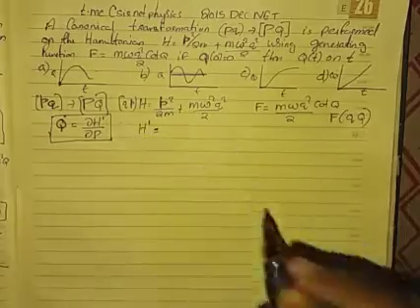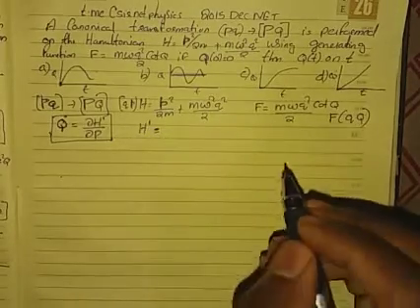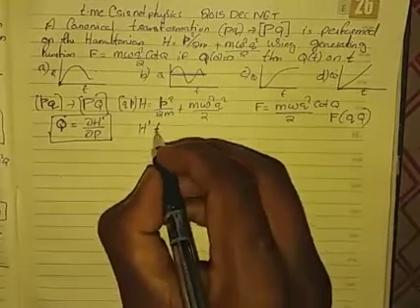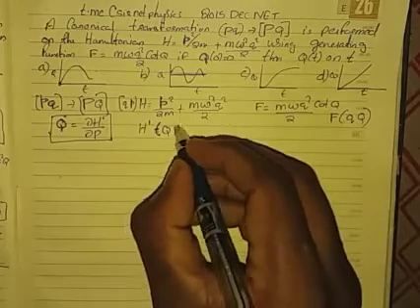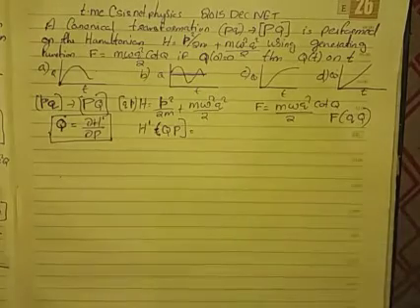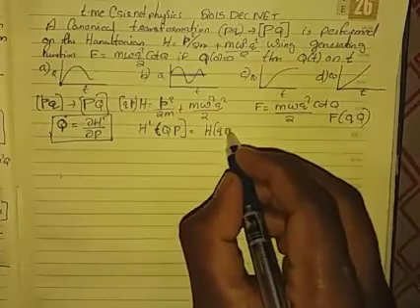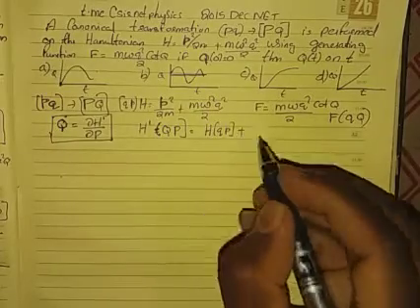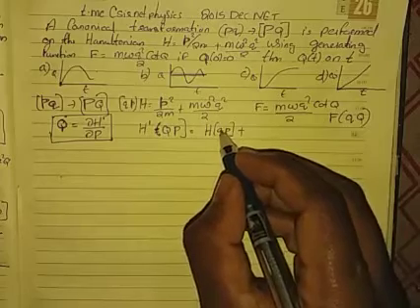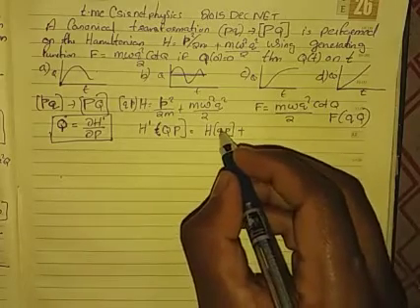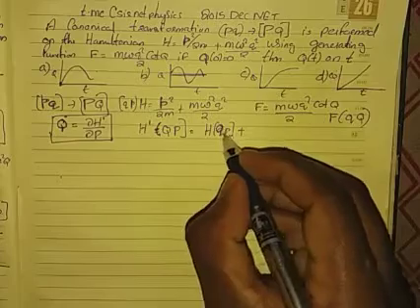So we need to find the new Hamiltonian H dash, which is a function of capital Q and capital P. H dash will be the old Hamiltonian, in terms of capital Q and capital P, of course,